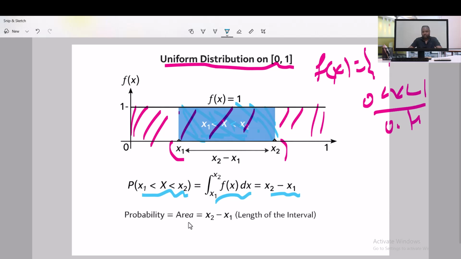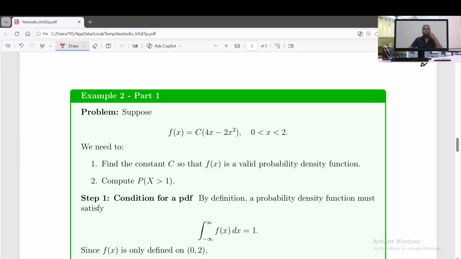Right? Probability is nothing but, in other words, area. Length of the interval, x2 minus x1, is, in other words, length difference, right? Another example,